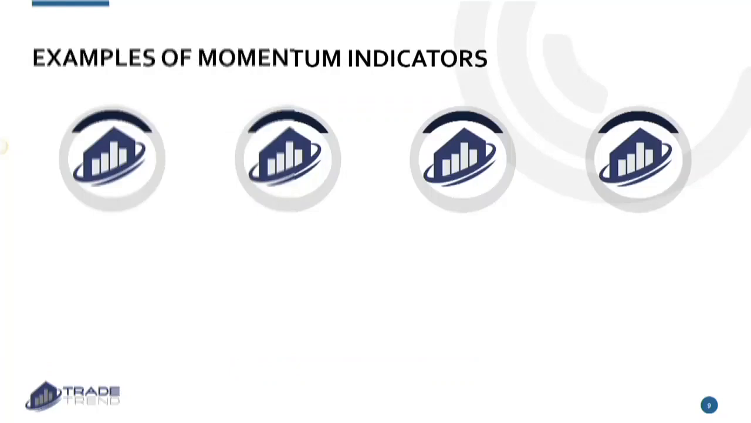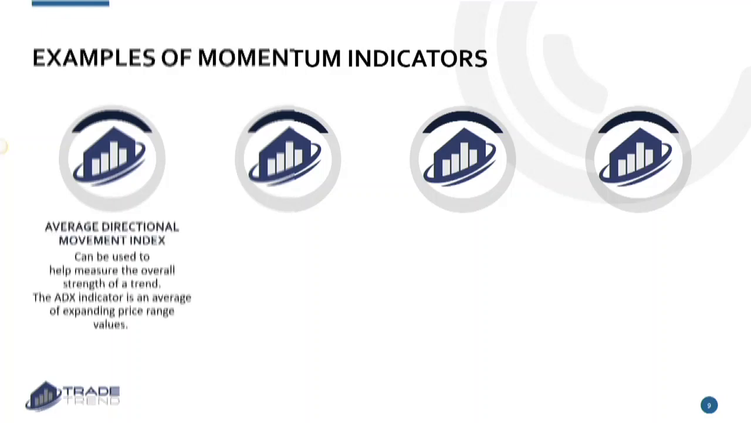Again, there's probably a couple dozen momentum indicators that are available on most trading platforms. I'm going to give you a few of those and explain what they are. Many of you have probably seen these, the average directional movement index. It can be used to help measure overall strength or trend. Each of these uses slightly different inputs and gives you different information. And again, it really comes down to how you interpret it and apply it. This is often referred to as the ADX indicator, and it gives an average of expanding price range values,